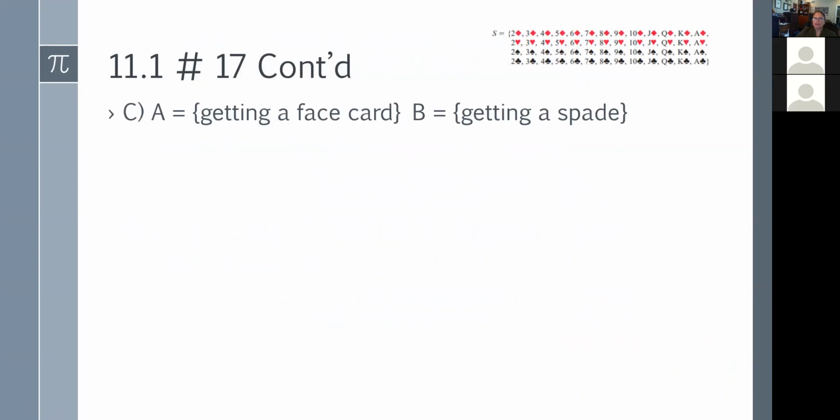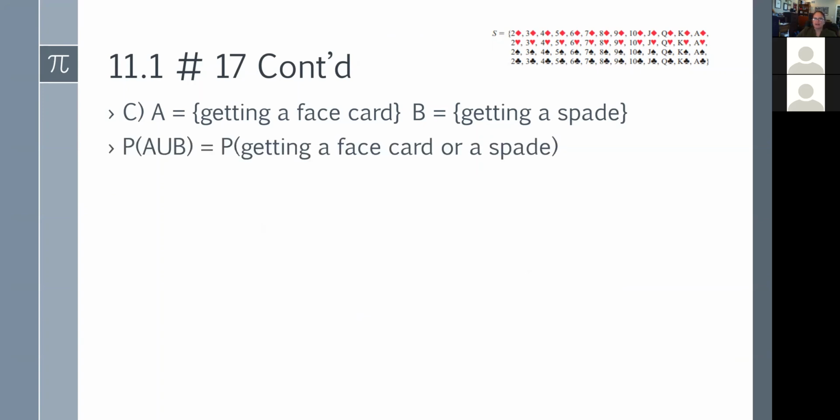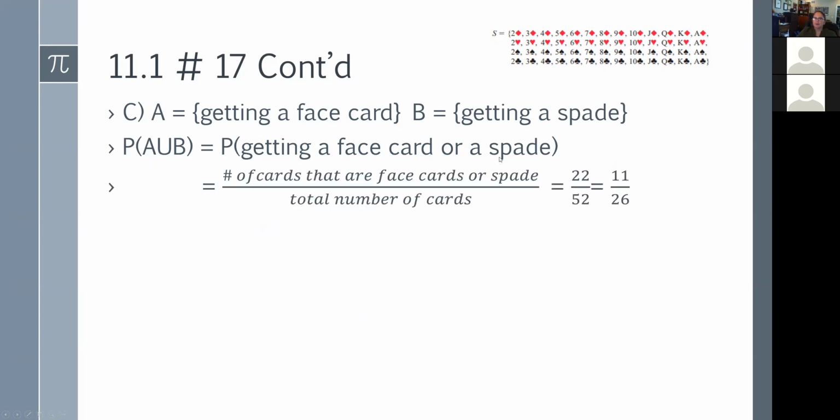And then part C is the event A is getting a face card, and event B is getting a spade. So the probability A union B is the event of getting a face card or a spade. Remember the face cards, those are the jacks, the queens, and the kings. So we want to count the number of cards that are face cards or spades. So spades, there are 13 spades, and then we count